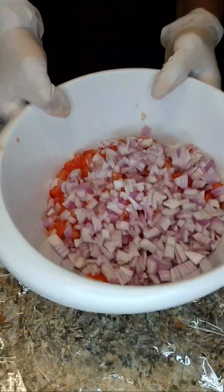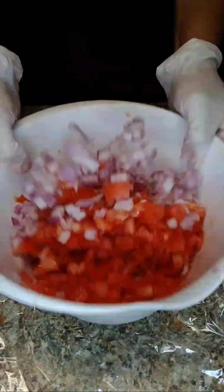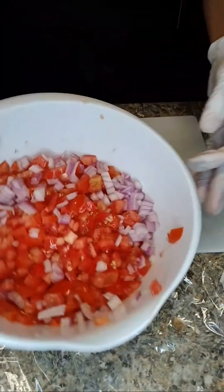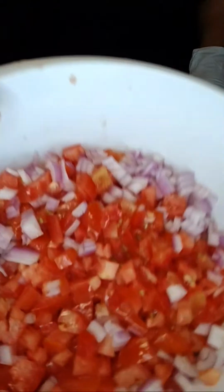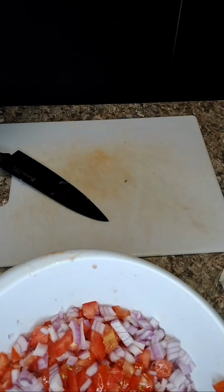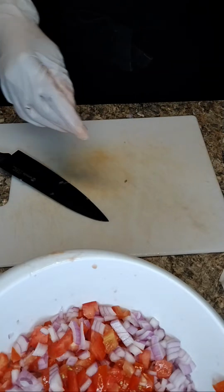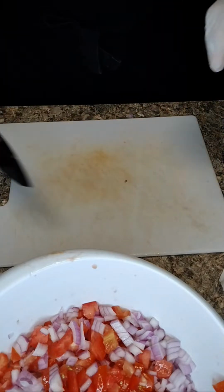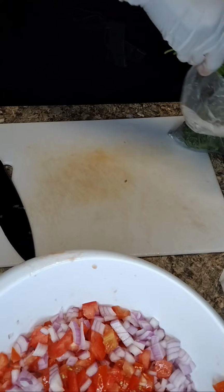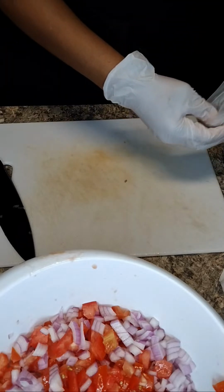All right, so we've got tomato and we've got the red onion. All right, so then next I'm gonna do the cilantro. Now, I think I'm gonna do the cilantro in my Ninja. Yeah, because my Ninja will,